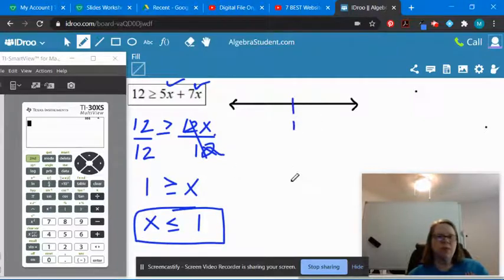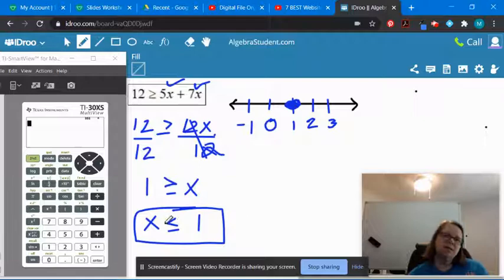So I'm going to come up here with my 1, and I know that in this direction it goes 2 and 3. Then to the left would be 0, and one more to the left would be negative 1. All right, it's also equal to, so this one gets closed in also. And it is less than. So everything to the